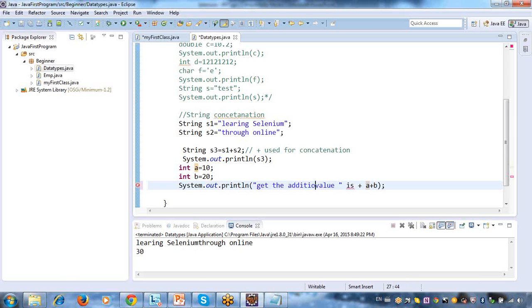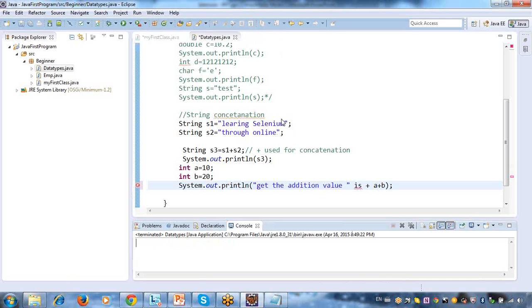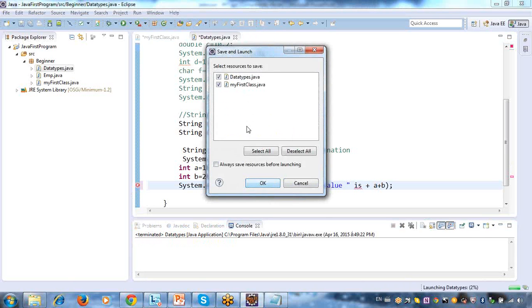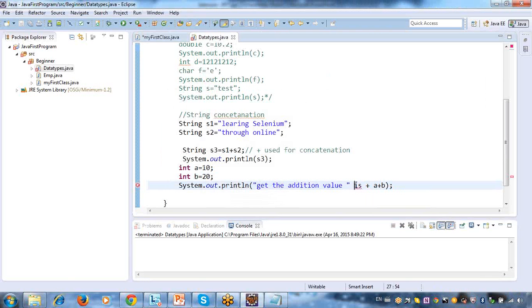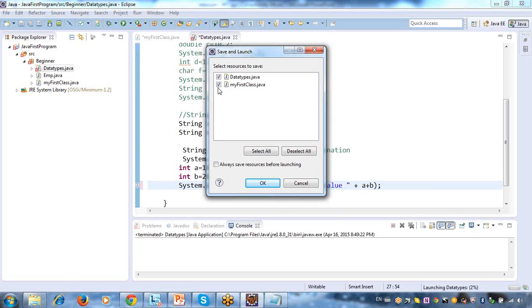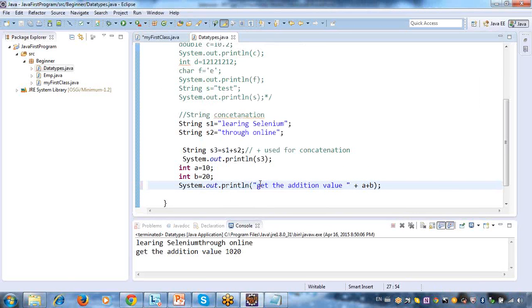Okay, let me run. When you're using it like this, you're trying to add two strings.